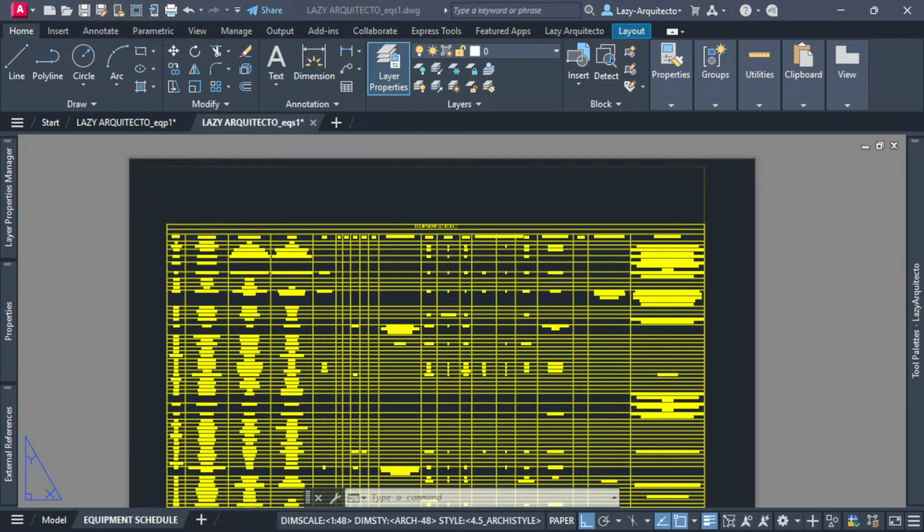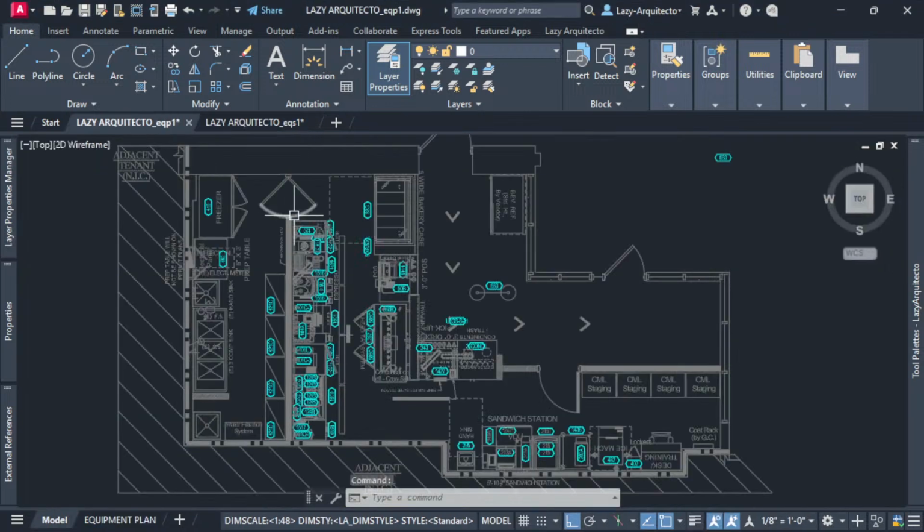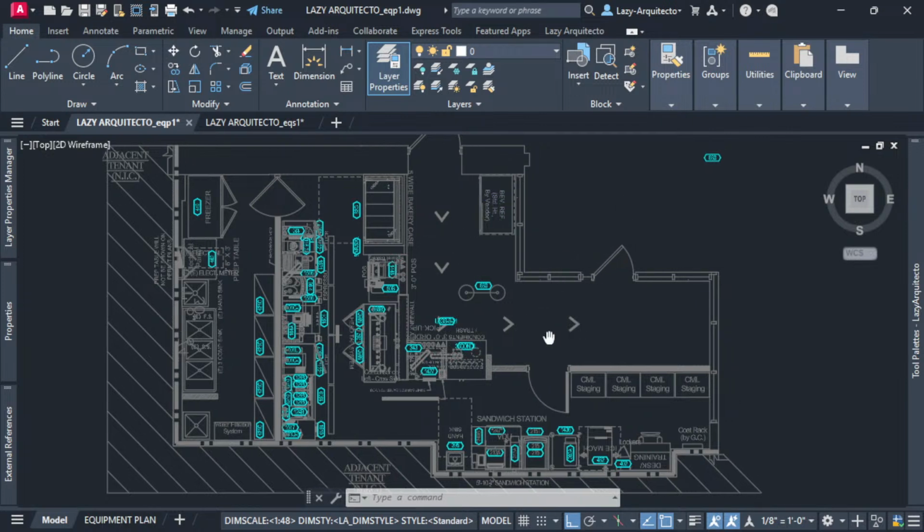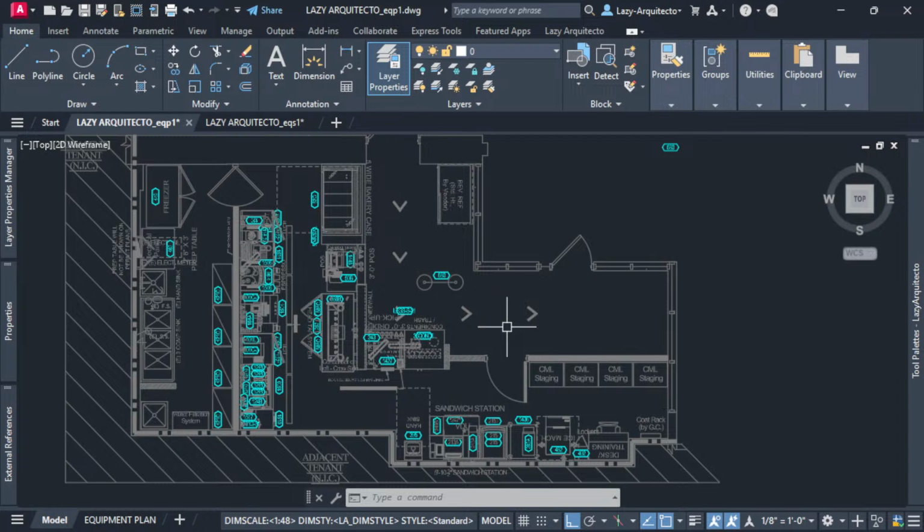So let's see how we can create an equipment schedule, and instead of having to do this tedious task manually, let's see how we can automate it. All right, so that's the whole idea and goal for today's presentation, and let's see how we're gonna do that. All right, so in order for this to work, what we need is to utilize